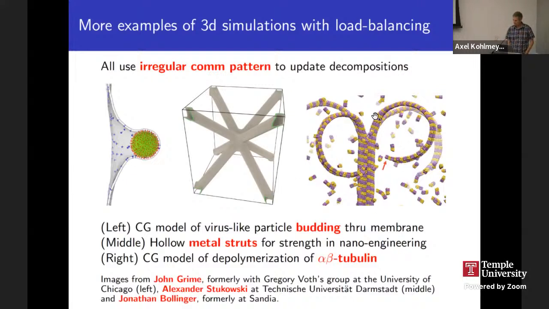And here's another coarse grain model, in this case of alpha beta tubulin, kind of unfolding and then spiraling at the top, and it's dynamic how that happens. This is a snapshot showing you why you want something load balanced in order to model that process. So all of these cases are going to, again, use that irregular communication pattern whenever load balancing is invoked. Make sure the atoms are retained, put in the proper place. So the collaborators, they're not my collaborators, these are just people I knew that kindly sent me their images, John Bryan, Stokowski, Jonathan Bollinger, different folks that use LAMMPS for these kind